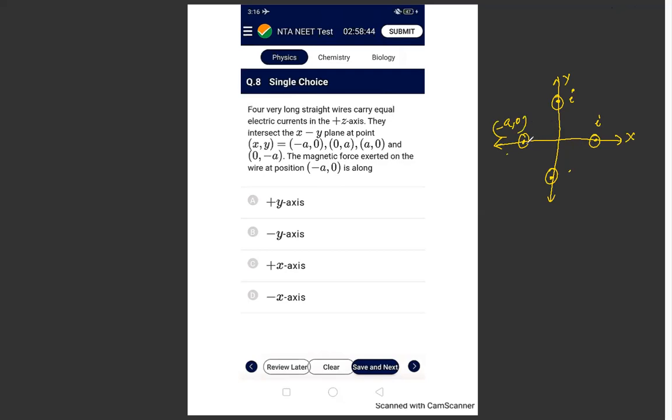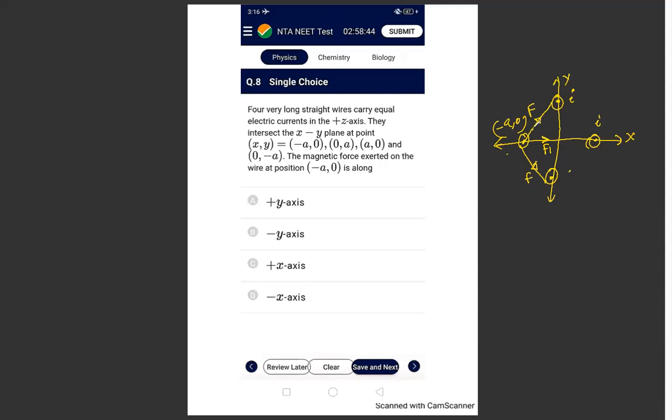And we want to find out how much force is going to be applied by all these wires on this wire. You know that they both are carrying equal current, in equal direction, so they both are going to attract each other. So this wire is going to attract this wire with a force of F1, and as we know the distances are equal in these directions and they carry equal current, so we'll be getting F and F here.